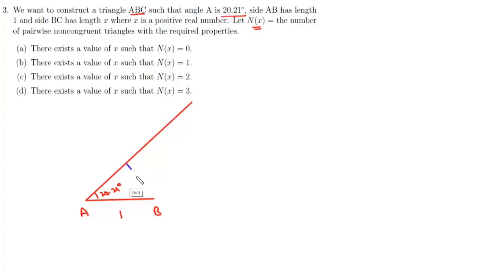Now what we'll do is we'll find the perpendicular distance from B to this side, and this distance will be equal to 1 sine 20.21 degrees. So this distance is sine 20.21 degrees. If we take X smaller than D, in that case this arc from B will never intersect this line. So in this case, the number of triangles possible will be simply 0. Now if we take this X as D, then it will just touch this line, and in that case we'll have